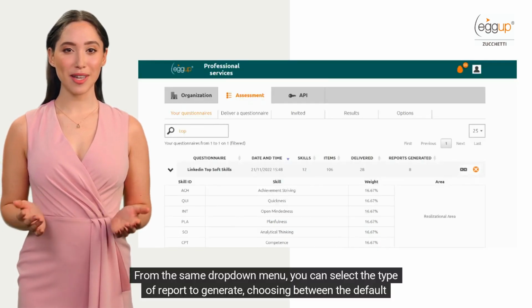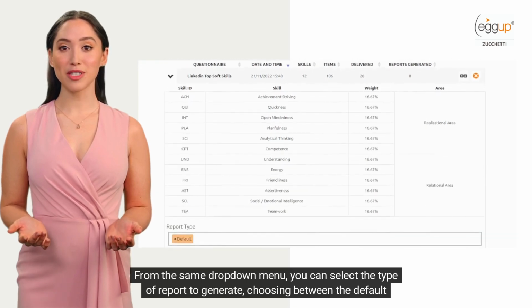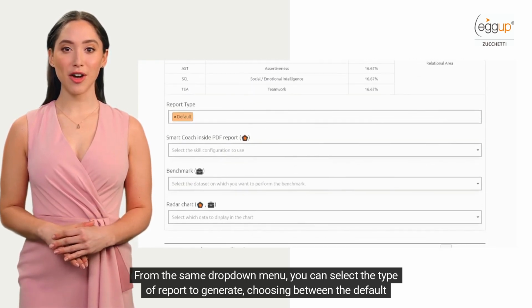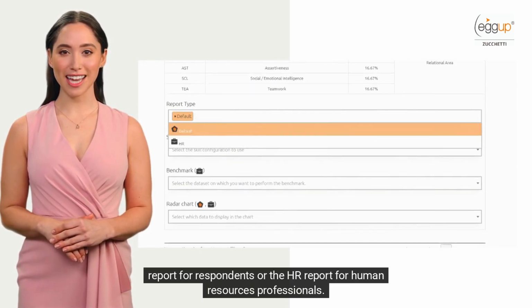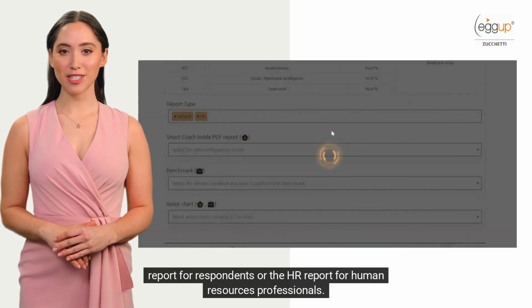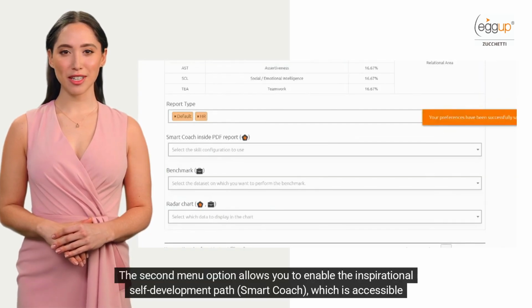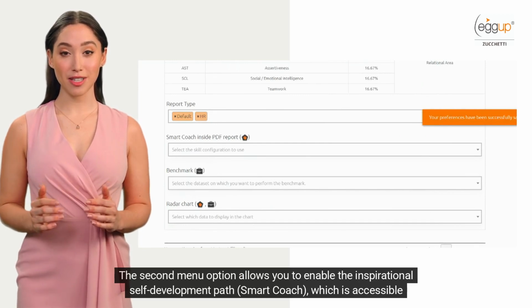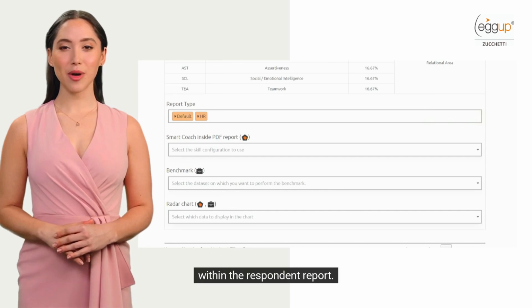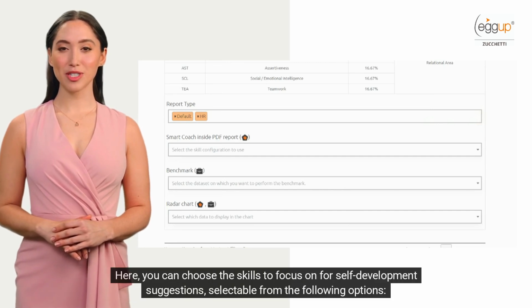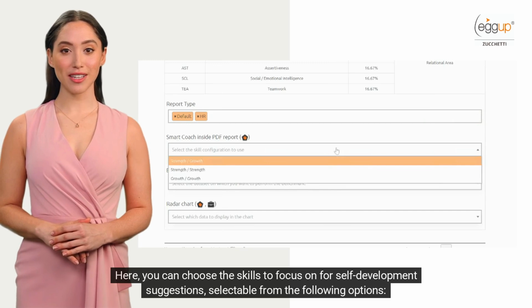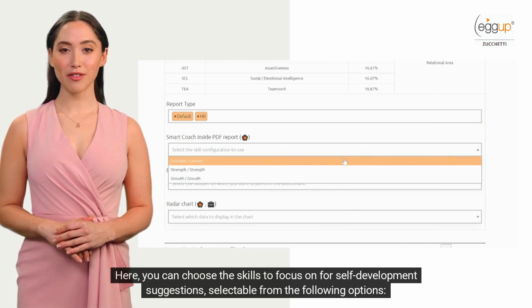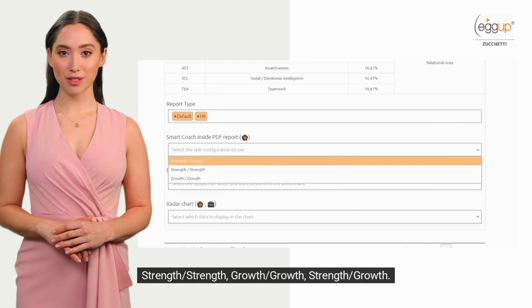From the same drop-down menu, you can select the type of report to generate, choosing between the default report for respondents or the HR report for human resources professionals. The second menu option allows you to enable the inspirational self-development path, Smart Coach, which is accessible within the respondent report. Here, you can choose the skills to focus on for self-development suggestions, selectable from the following options: strength, strength,